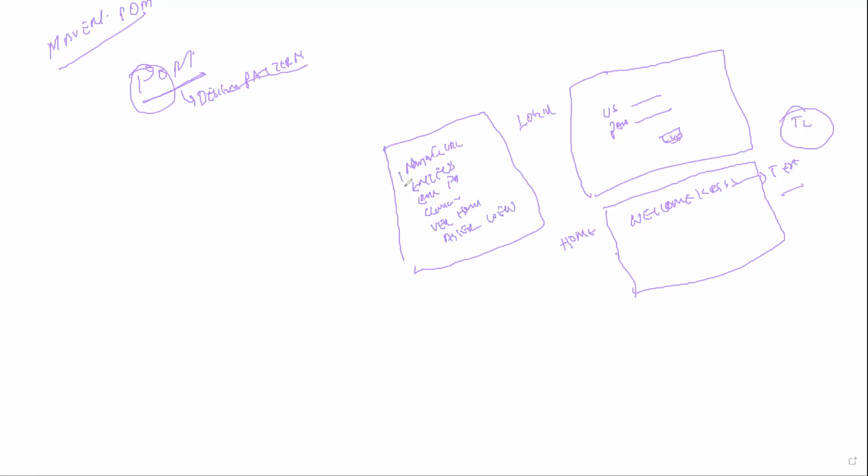So these are the 1, 2, 3, 4, 5, 6 steps which I need to do. Here I can also add one more thing, asserting the title, to check whether I have navigated to this particular browser or not. So overall 7 steps are there.